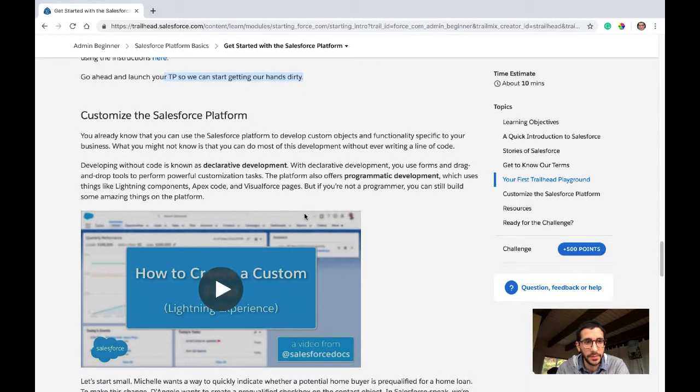Don't be worried. Customize the Salesforce platform. You already know that you can use the Salesforce platform to develop custom objects and functionality specific to your business. What you might not know is that you can do most of this development without ever writing a line of code. Okay, if you don't know what a line of code is yet,